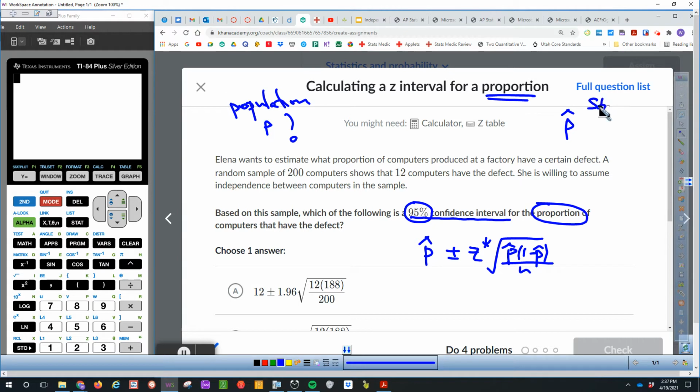The sample comes from the population, and here this is the parameter, which is the population proportion, and p hat is the statistic coming from the sample, the sample proportion. So once you understand that,